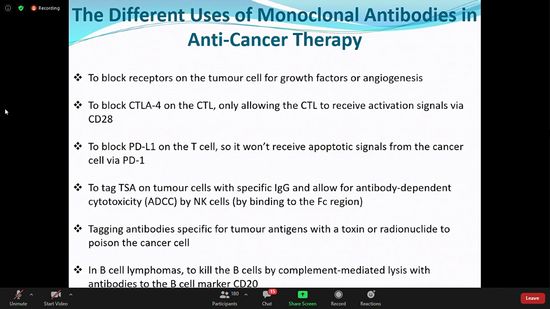The CTLA4 on the same cell recognizes the same ligand B7, and that instead gives a negative blocking signal to that cytotoxic T cell, right? And tumor cells